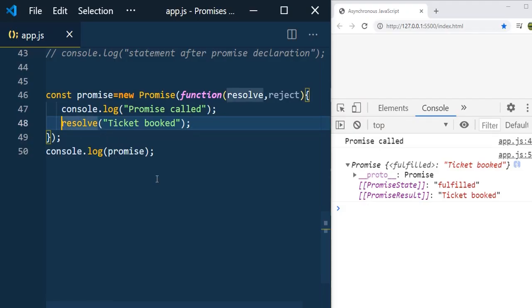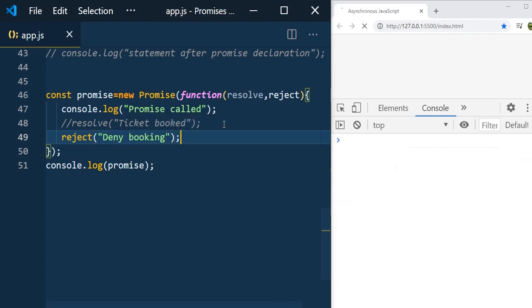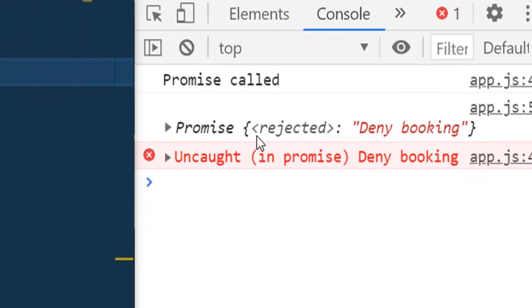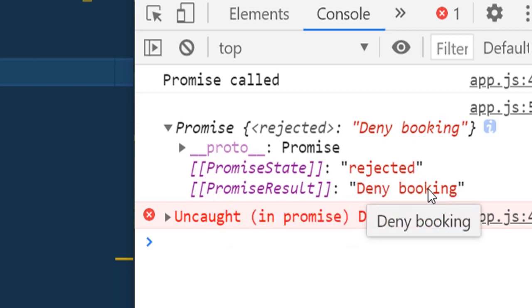Let me comment it out, and let's think that your friend didn't book the ticket and denied your request. Then he rejected your request and didn't fulfill his promise. So deny booking, and now let's save it. Now we see that the promise has the rejected state. So this is a rejected promise. You can see the promise state is rejected and the promise result is deny booking.